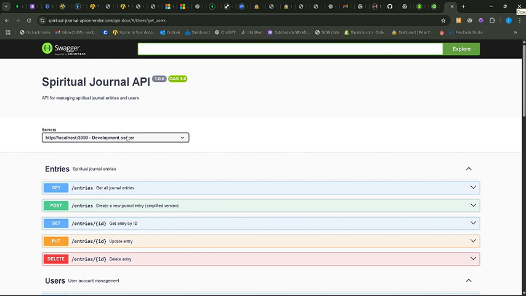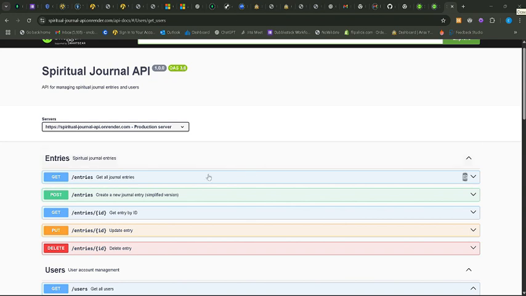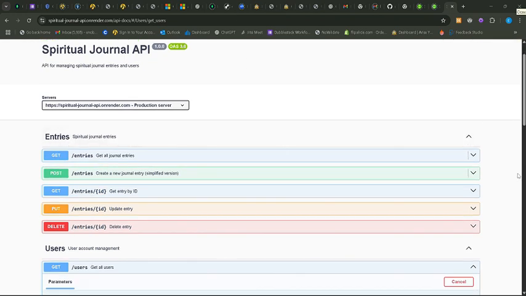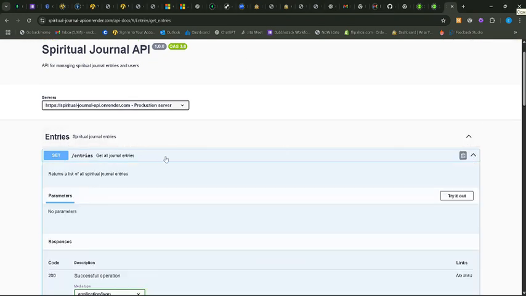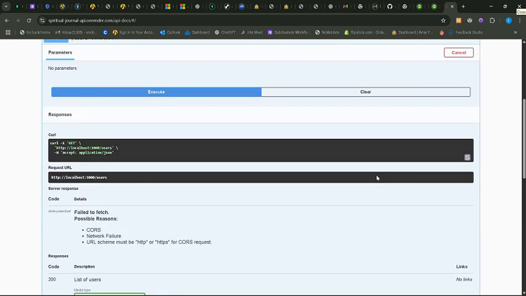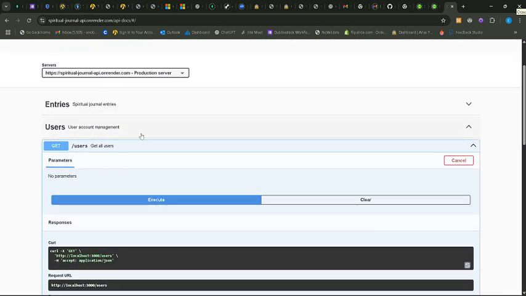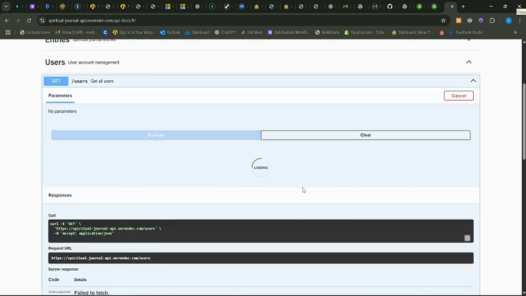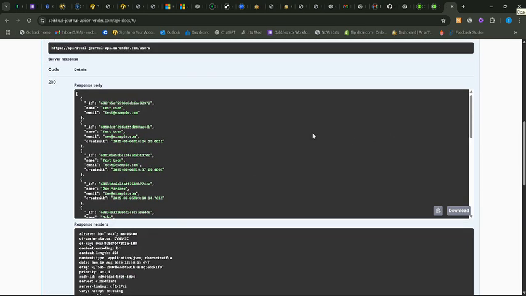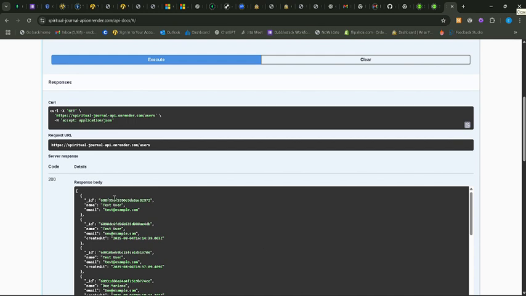Oh, wait a minute. We ran this in the local server. What we have to do is to change it over to our production server. Then we're in our production server. We have to now check this and get all. Let's start from the user channel, users account management, and then execute it. Okay, we have a list of all the users that are registered on the website, and